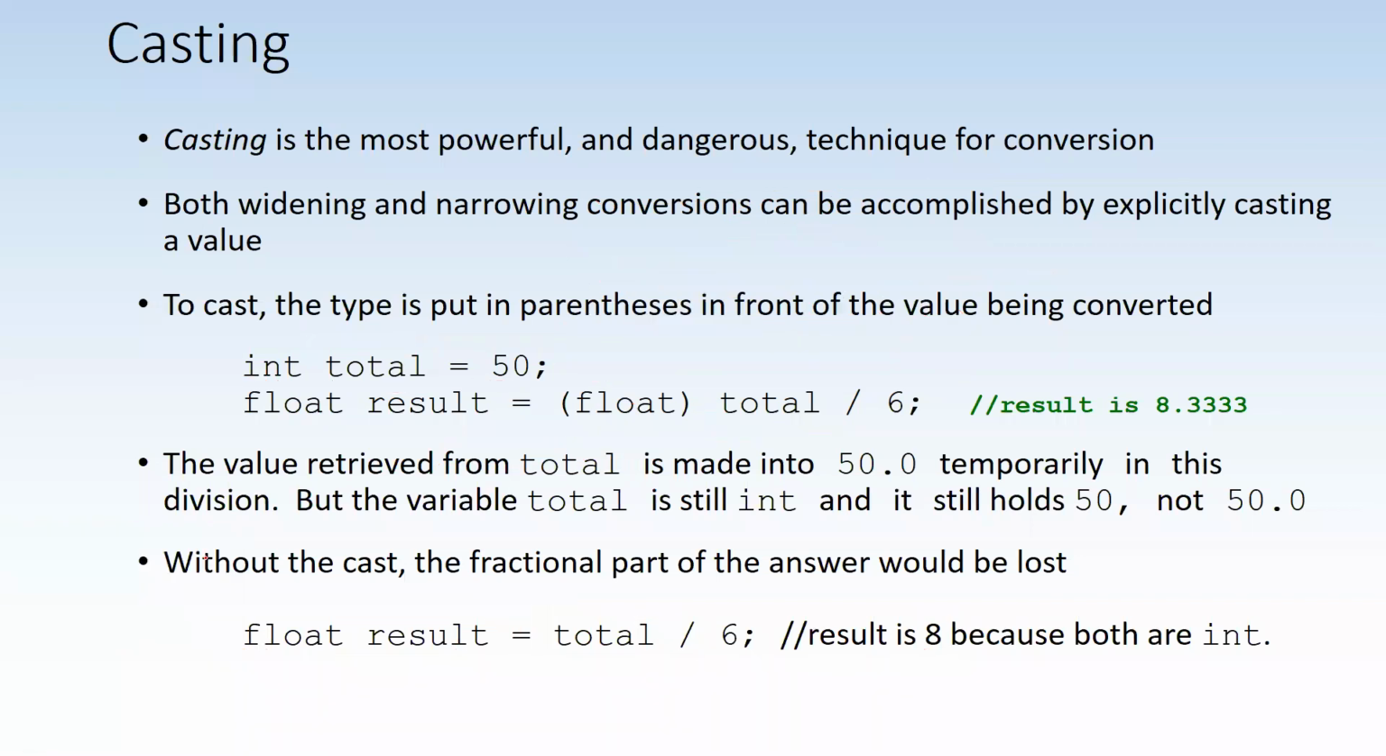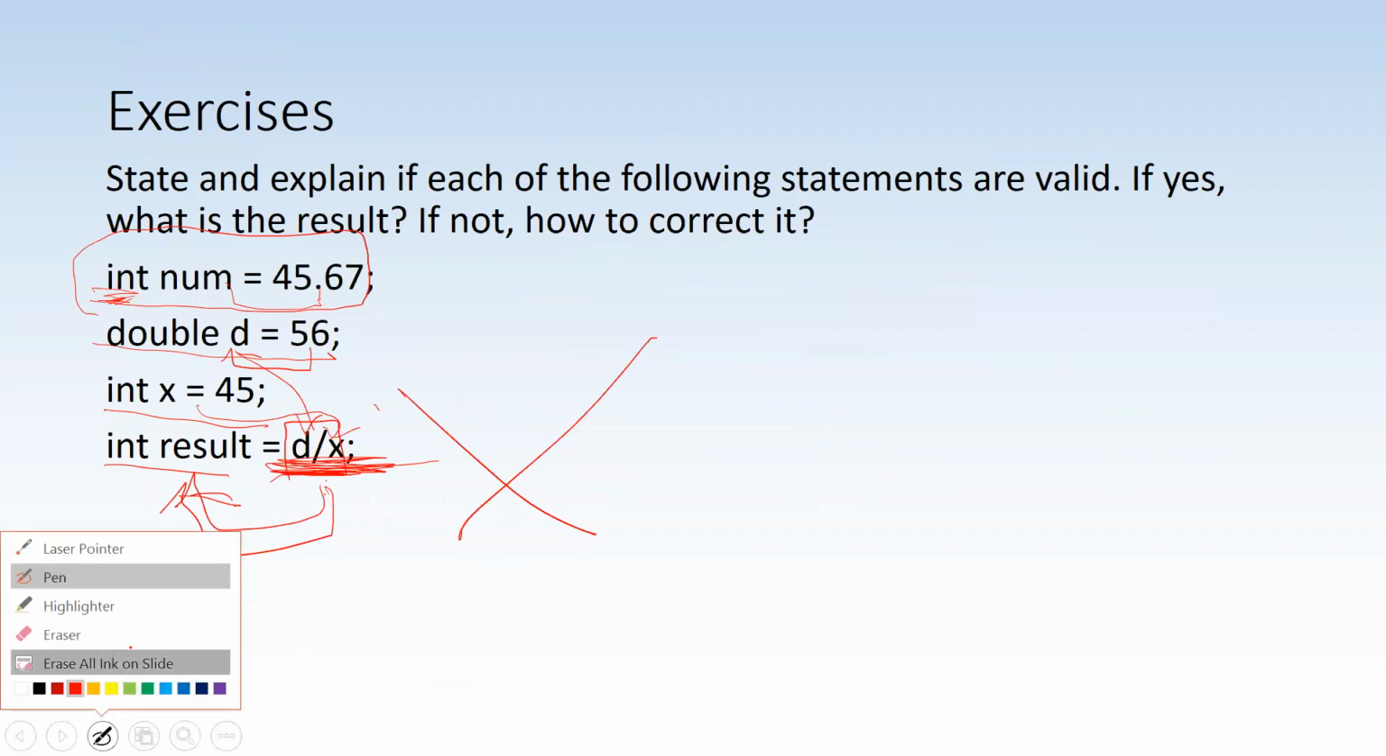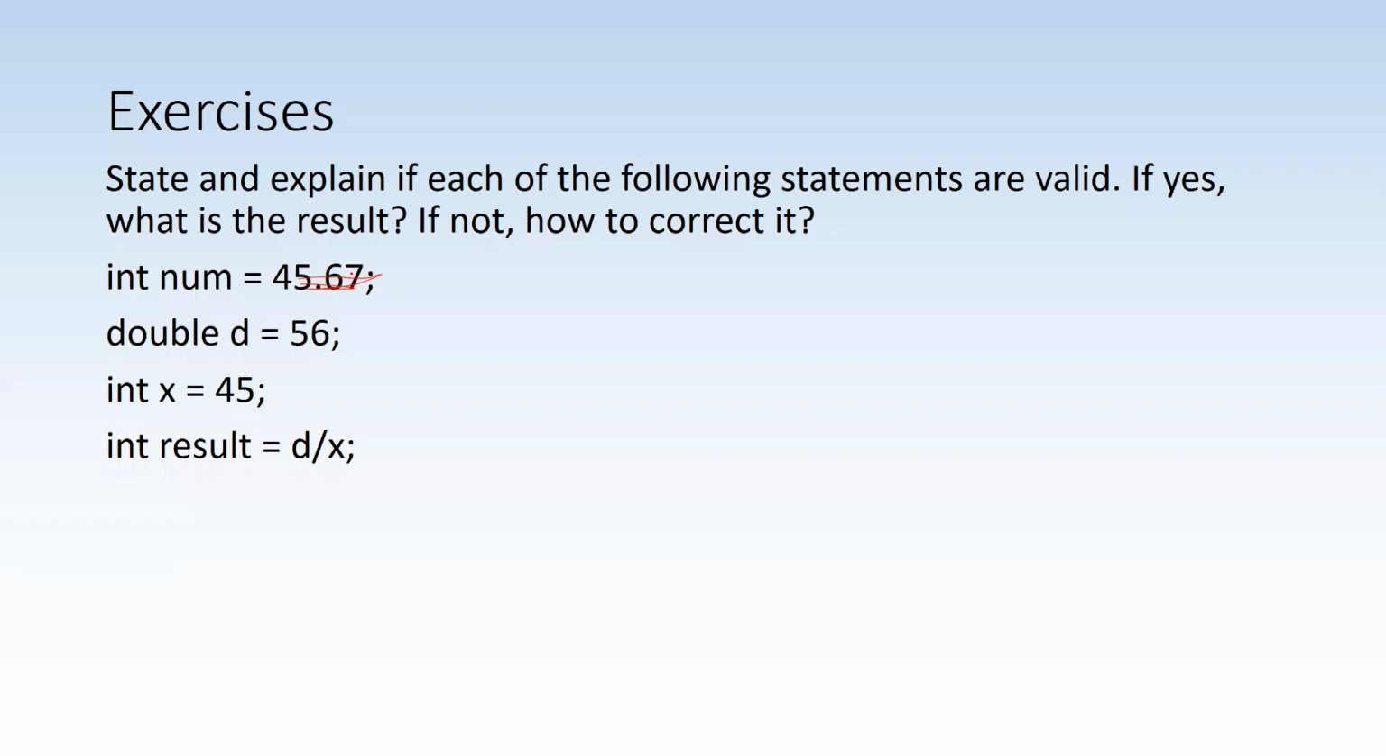If both are int, the result would be an int. If one of them is a double, or both of them are double, the result will be a double for expressions. You can assign an int to a double, but you cannot assign a double to an int. You have to cast it. So for this one, you cannot do it this way. This is not okay. You have to cast it, okay? You have to say int,